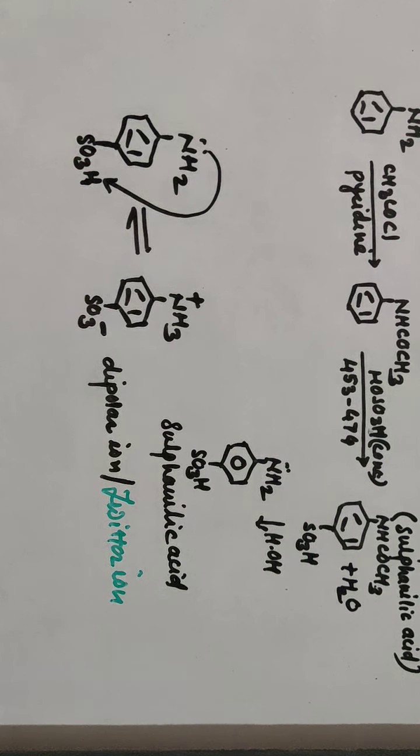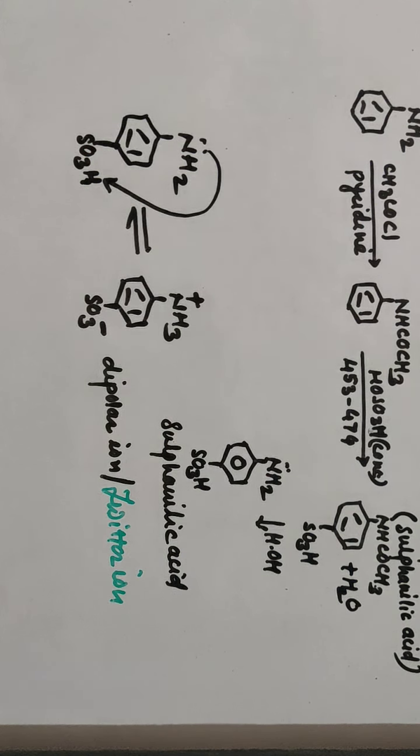Sulfonation is nothing but an introduction of SO3H group in the compound. So when aniline is treated with cold and concentrated H2SO4, you will get anilinium hydrogen sulfate, and this compound on heating with again concentrated H2SO4 at about 453 to 473 Kelvin, you will get the final compound para amino benzene sulfonic acid. It is also called sulfonilic acid, and as acidic and basic groups are present in the same molecule, there is a formation of dipolar ion, or it is also called a Zwitter ion here.